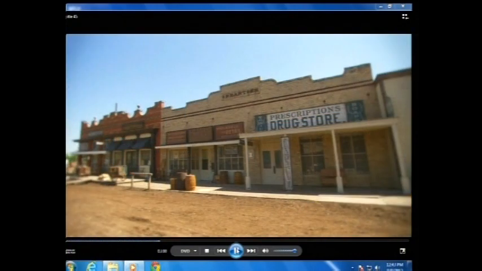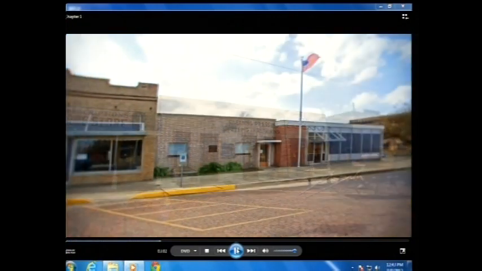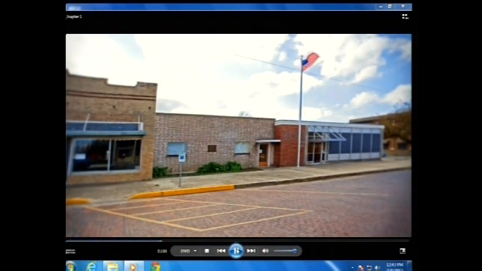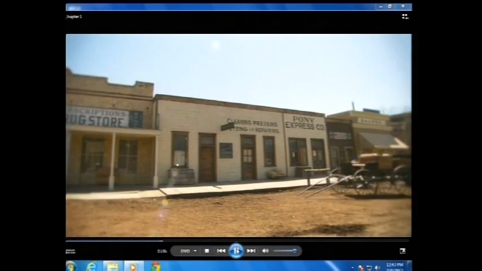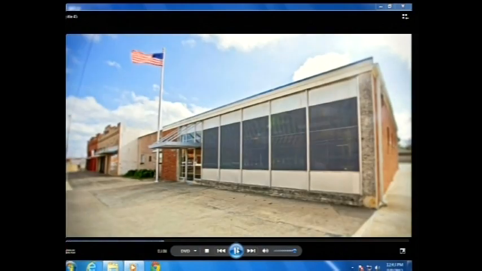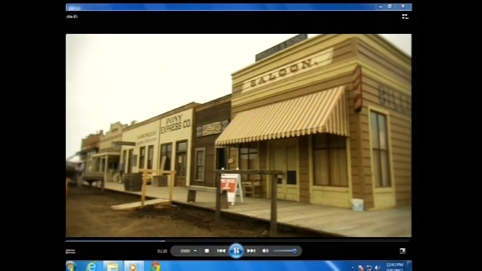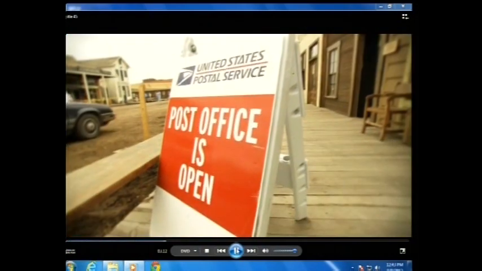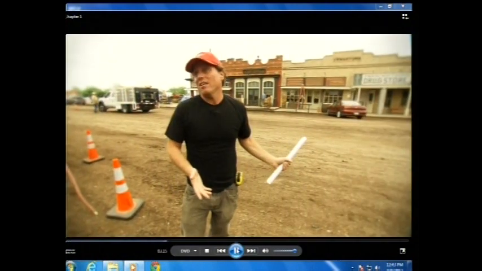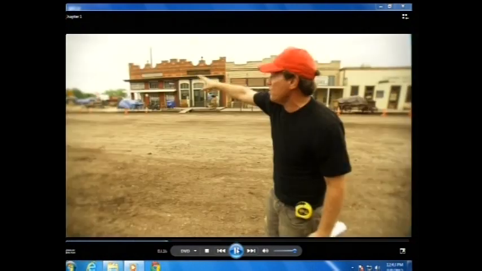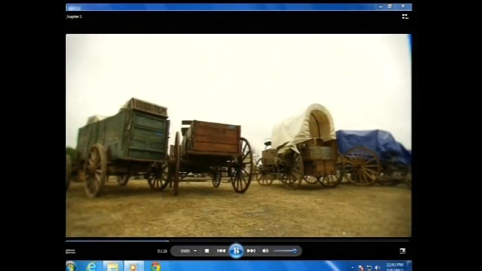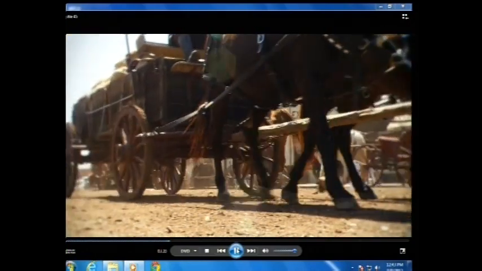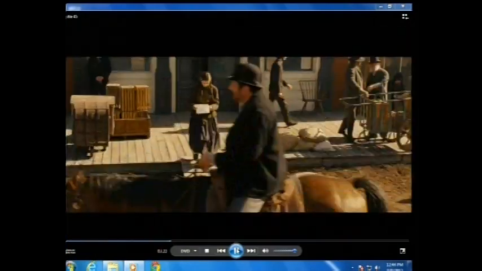From where that yellow wood building starts to the end, there's an existing post office behind the saloon, which we have to deal with every day, rightfully so. People coming to get their mail and driving in, so it's a little bit of a hardship for us, but mainly probably more of a hardship for them. That's the whole town. That's our stable of carts and wagons, which all have horses connected to them and make this street come alive.